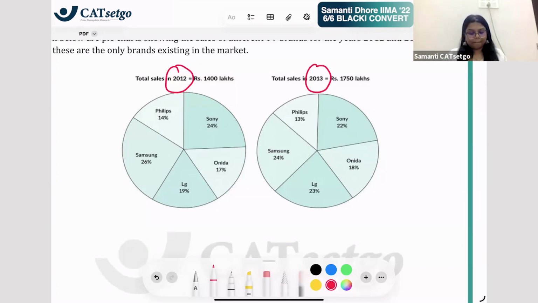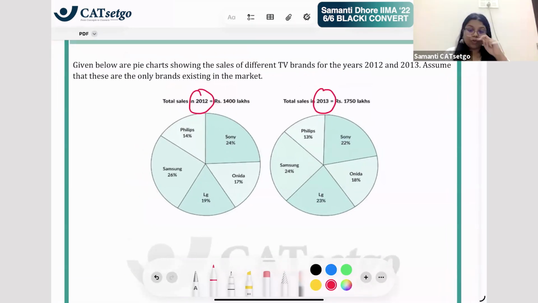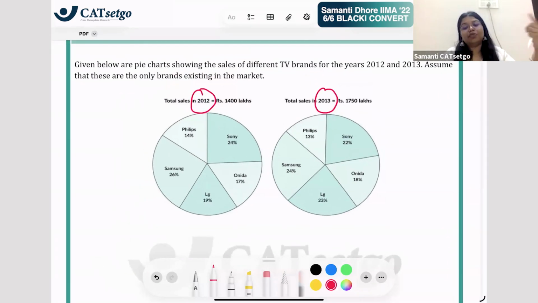How do we solve this? So progressively, we are doing different types of questions, and we're also increasing the difficulty per question. It doesn't mean that pie chart questions are tougher or whatever. But I wanted to introduce you to different types of questions, and at the same time, also increase the difficulty per question, right? Similar sort of difficulty could come in a bar chart also. It's not like that, okay?